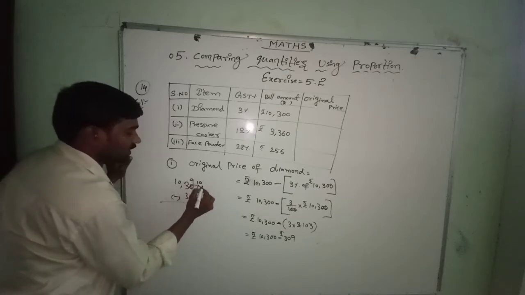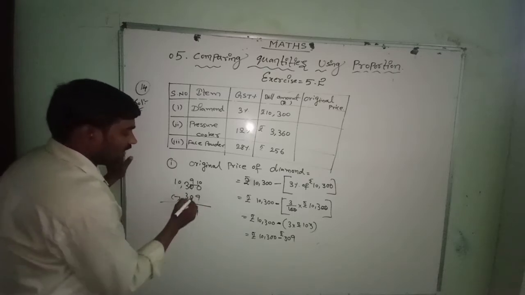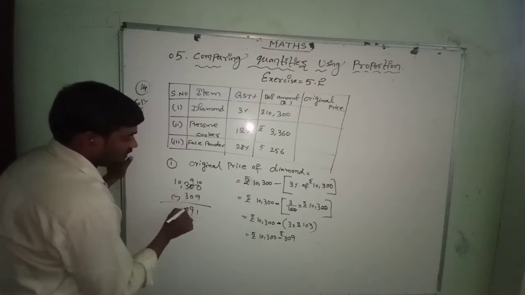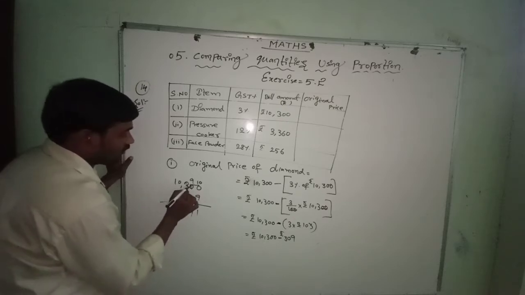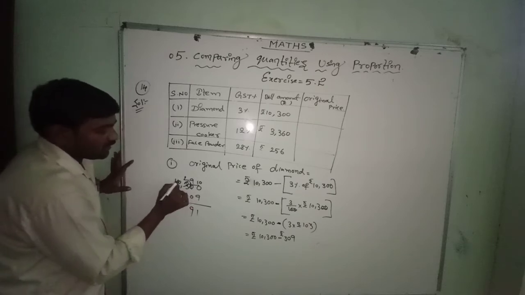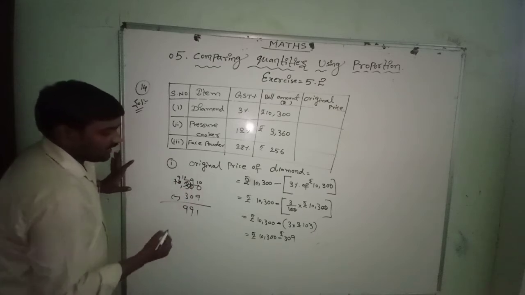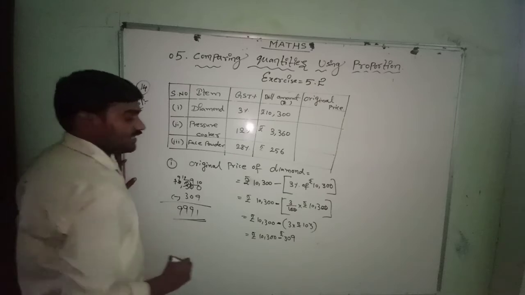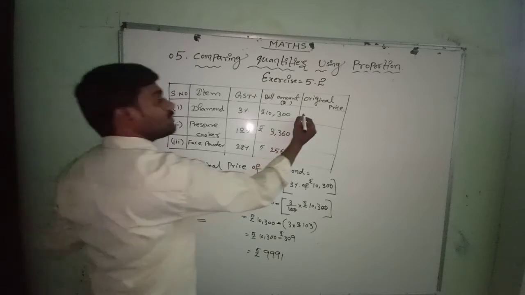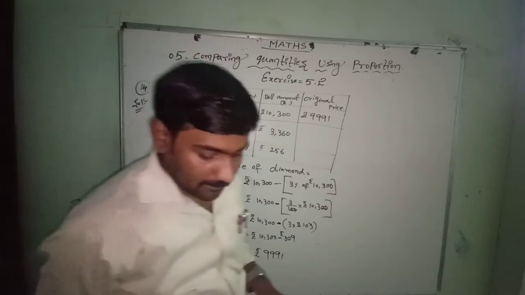See, it will be 9 and it is 10. 10 minus 9 is 1. 10 minus 9 is 1. And here 9 minus 0 is 9. 3 minus 3 is 0. And here, sorry, it will be 2. If we borrow 1 from here, 2 minus 3 is not possible. So it is a 9 and it is a 12. 12 minus 3 is 9. 9,991 rupees. The original price will be rupees 9,991 only.